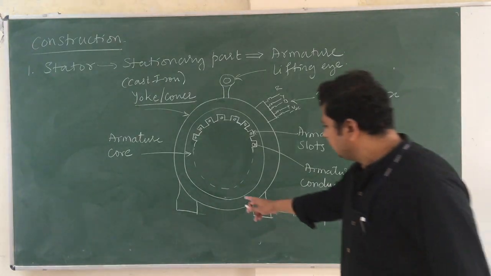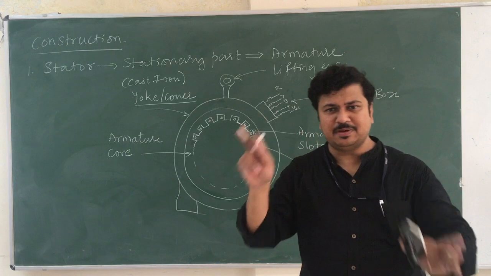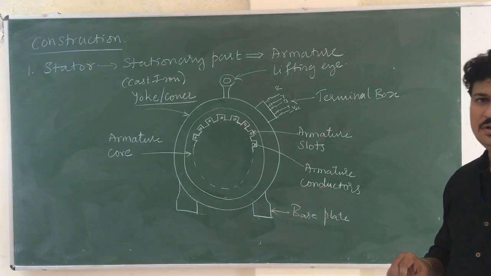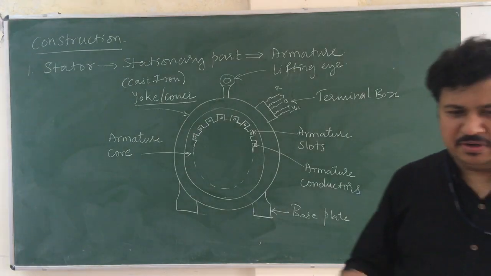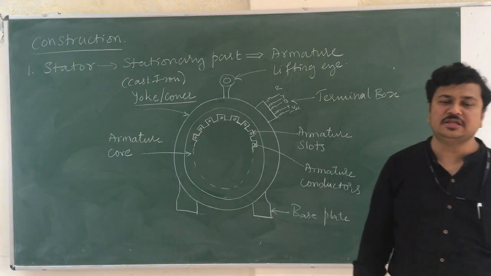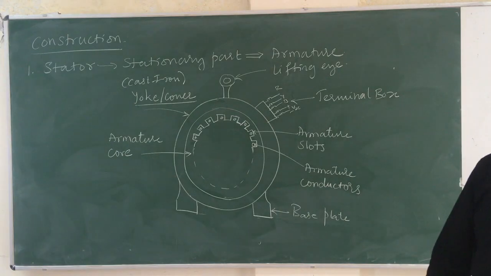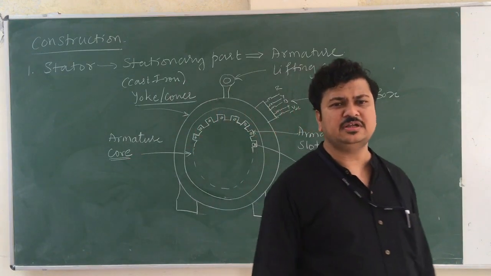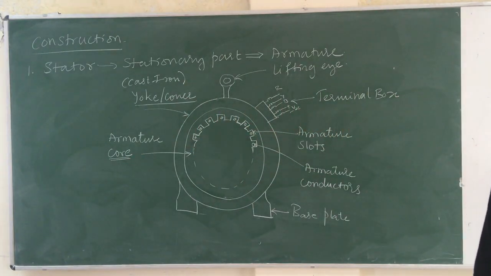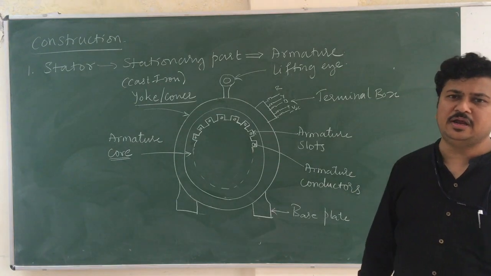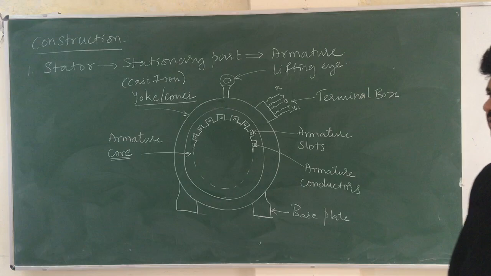The laminations are made up of circular shapes, where we will be punching the slots in the inner periphery, and all the laminations are stacked or pressed together to form sufficient thickness or length. Any core, whether it is armature core, pole core, or field core, whenever I mention core in an electromagnetic system, it is made up of laminations. The purpose of using laminations is to minimize eddy current losses to a large extent.